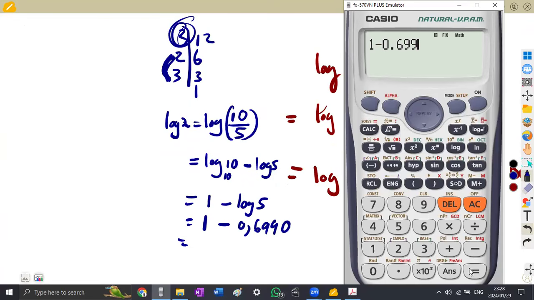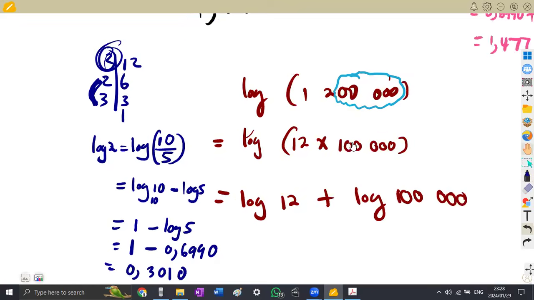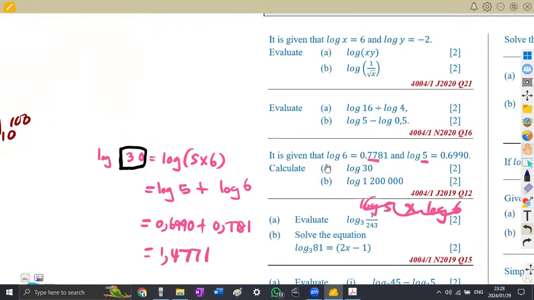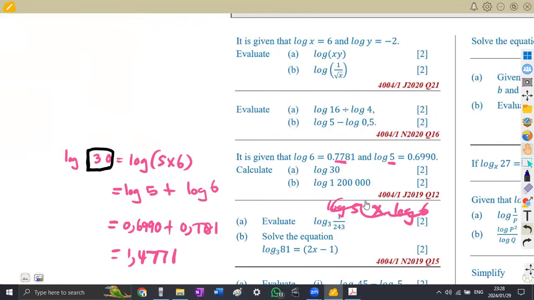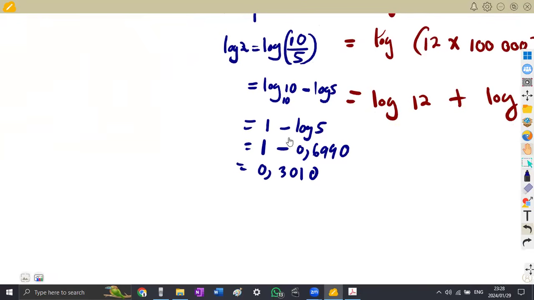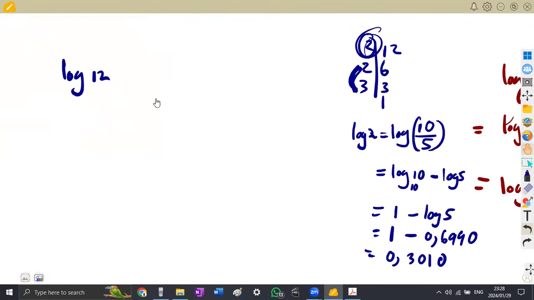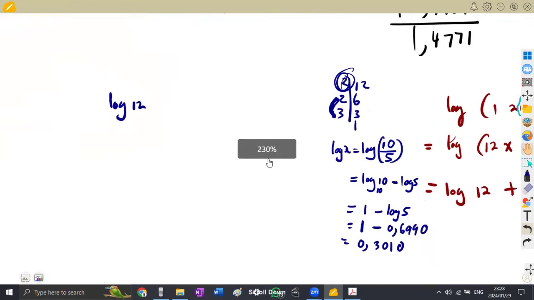0.699, sorry, like this. That will be 0.301. So to 4 decimal places 0.3010, like that. Just maintain my digits, I'm going to maintain my decimal places. But this is log what? Take note. This is log 2. But what are we looking for here? We're looking for log 12. So the reason I track log 2